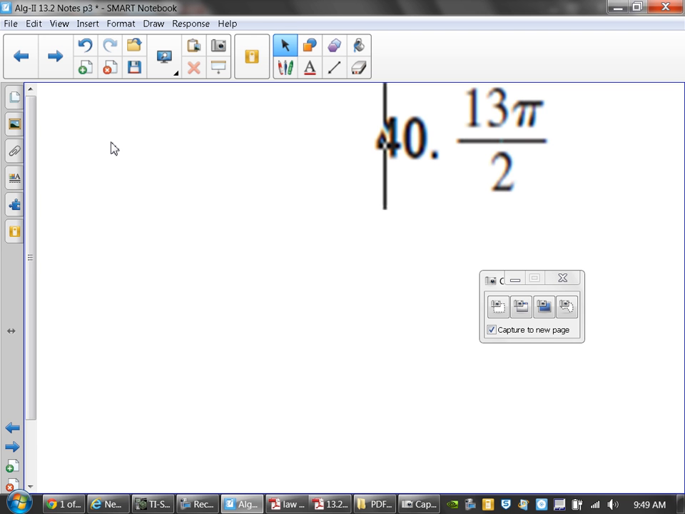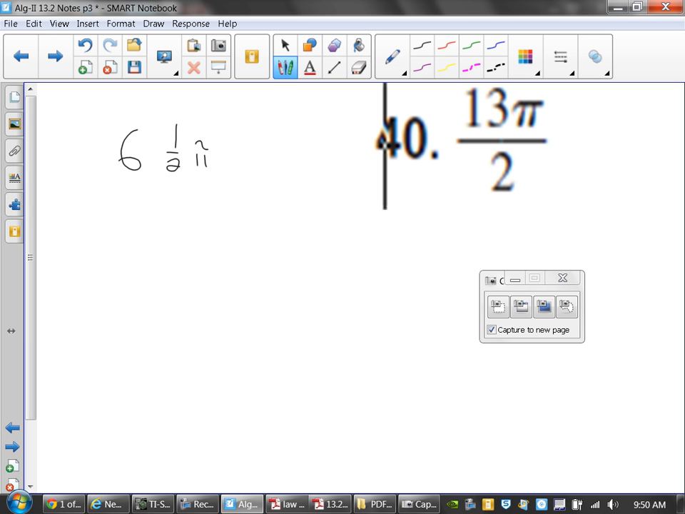We're leaving everything in radians, my friend. Subtract 12 and subtract 1. If you watch what's going on here, 2 goes into 13 how many times? 6.5. That's the same thing as saying 6.5 pi. Do you agree? If this is 6 1/2 pi,